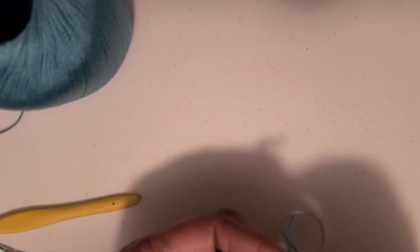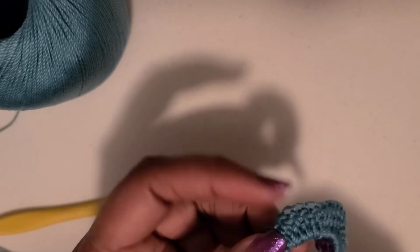And if you want to add Mod Podge or some other thing that you use to harden your jewelry, you can do it all together. But I also did it. I crocheted one and I added the Mod Podge to it, and I let it dry